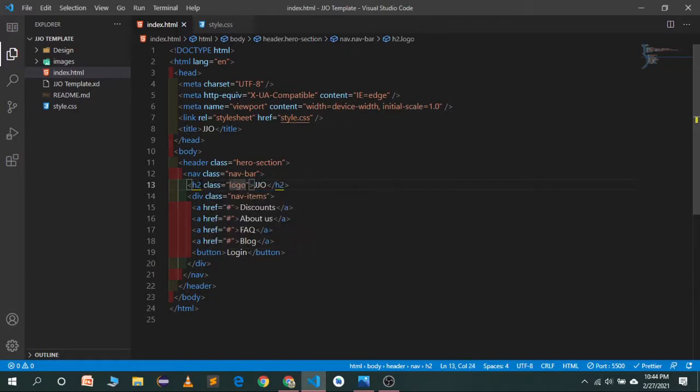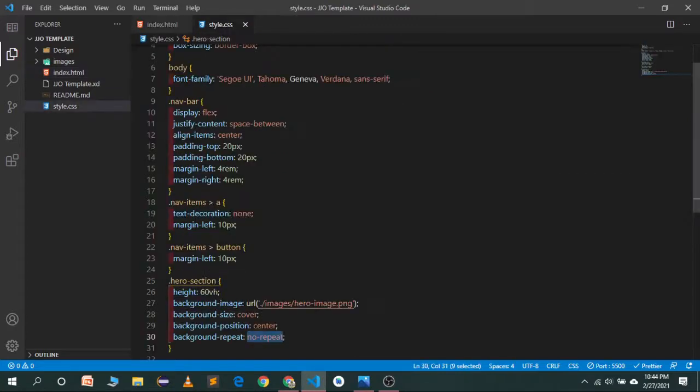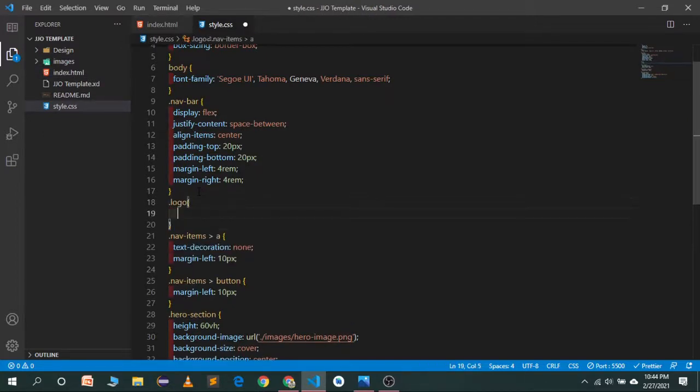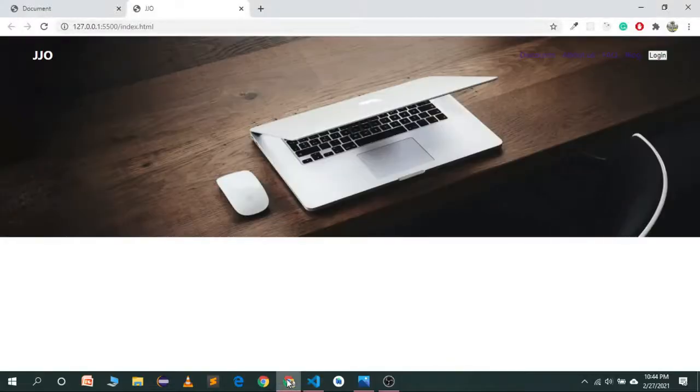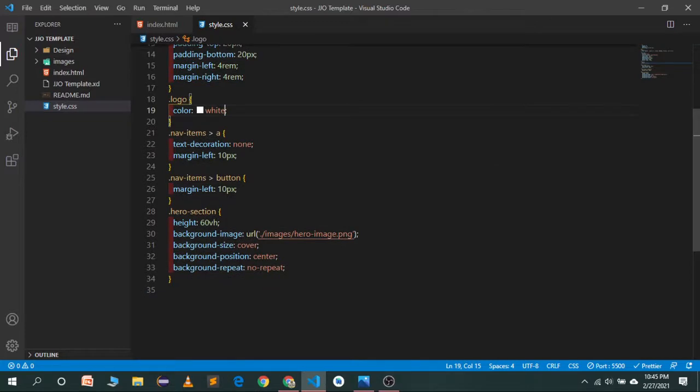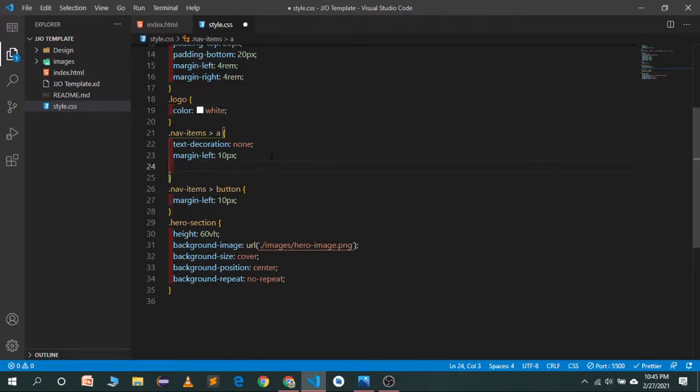Let's save it, and in the style sheet under the nav bar I will target the logo and set the color to white. Let's see how it looks. Now it's looking good. For our nav bar we have nav-items, and in the nav-items I will change the color to white.